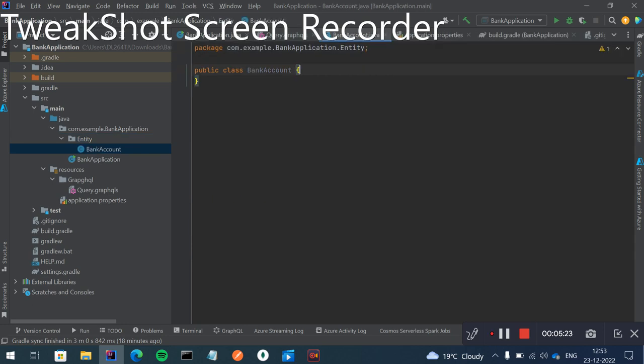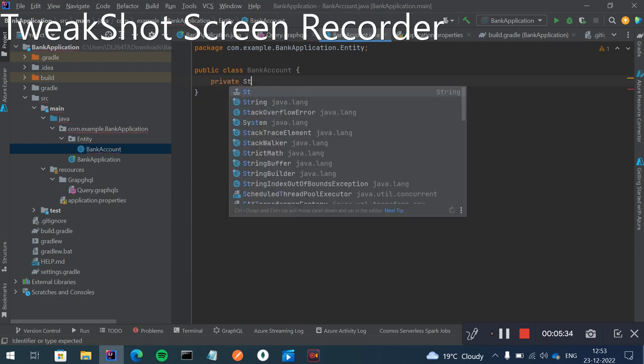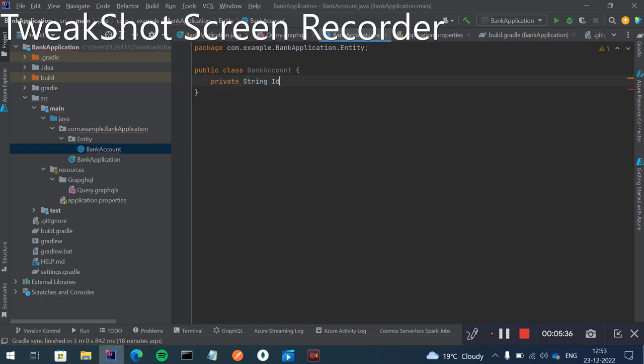Now into the entity I require whatever fields we have defined in our query. So I require private String id. I require whether the person is active or not, so private boolean